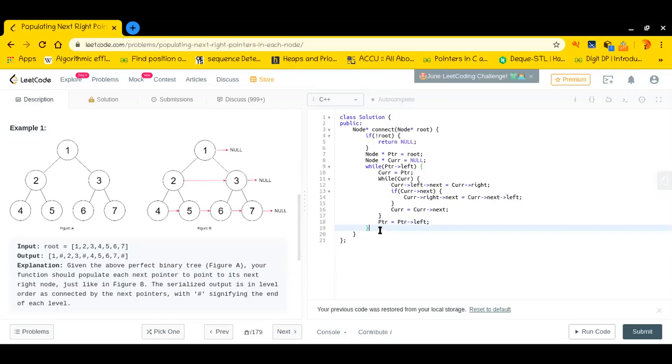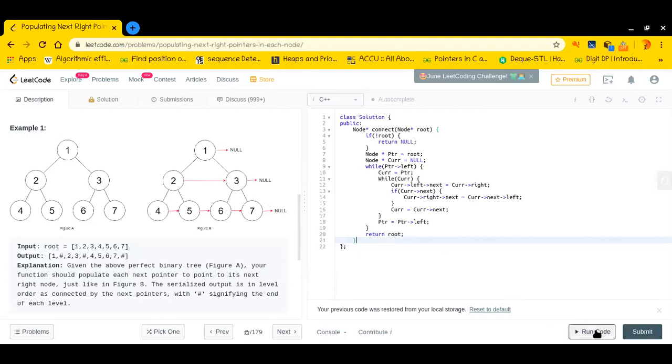Basically, in this way we can solve this particular problem, and we have not used any sort of explicit containers to store or verify something. So that is the case, and here I'll be returning the root, because the next node of each node is already set to null. Then why should I explicitly connect it with null? That's already taken care of.